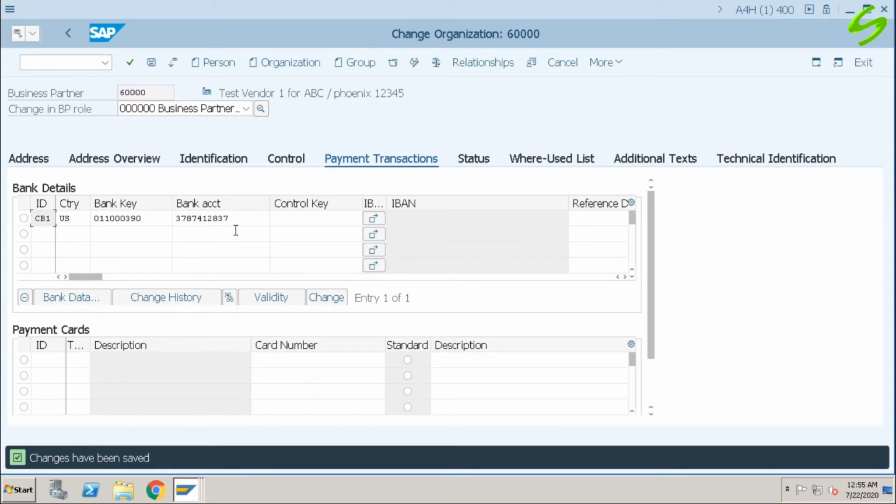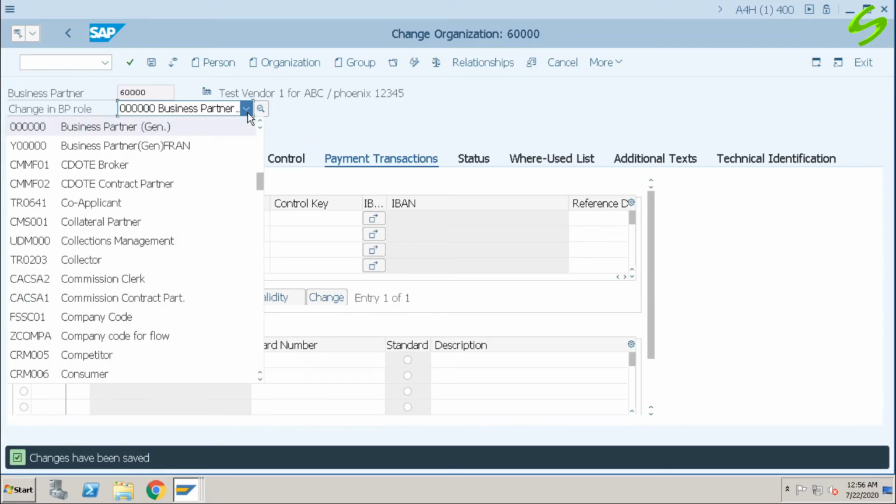We can also enter the payment method in the business partner, or we can enter the payment method while posting a transaction. If we don't enter the payment method in the transaction, the system checks if the payment method is there in the vendor master. If it is there, then it will select it for payment. Otherwise, the system does not make payment using this payment method.